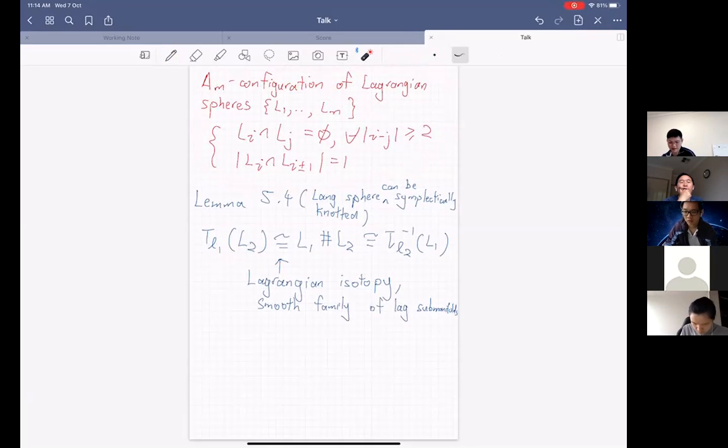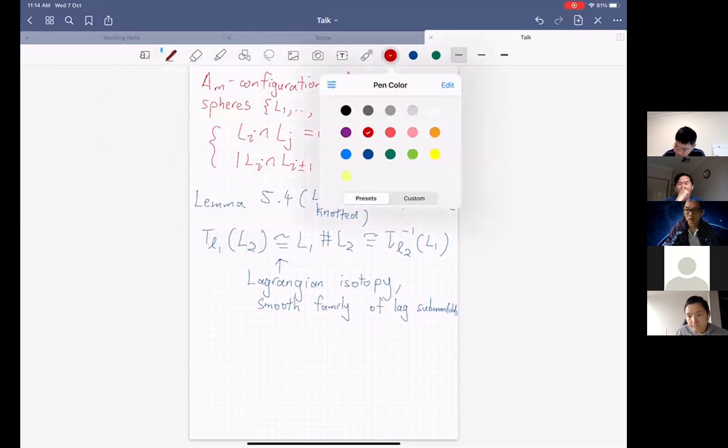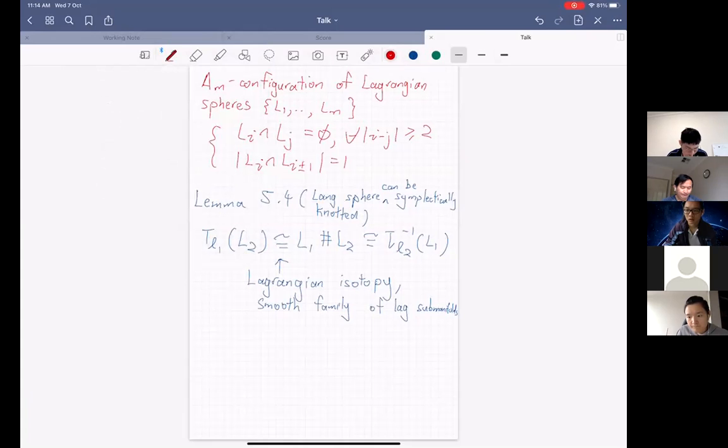And then one powerful thing you can get from this lemma is the braid group relation. So let's write it down. From the definition of Dehn twist, you can actually see that for f a symplectic automorphism,